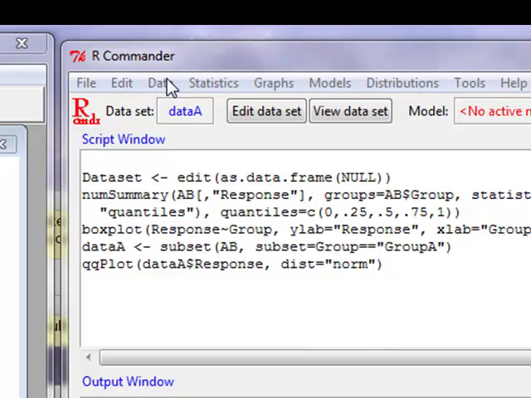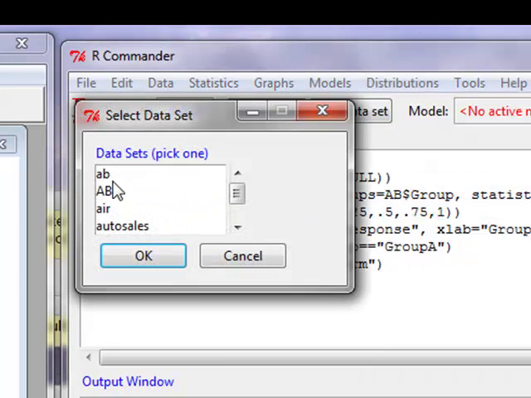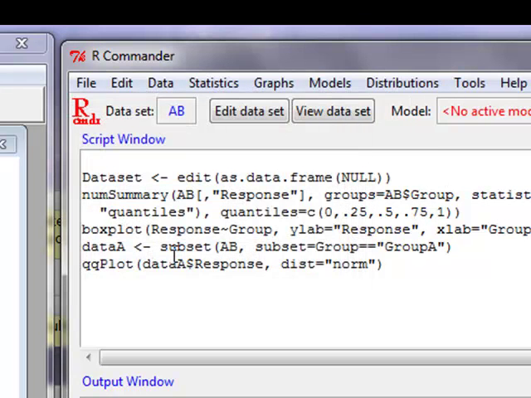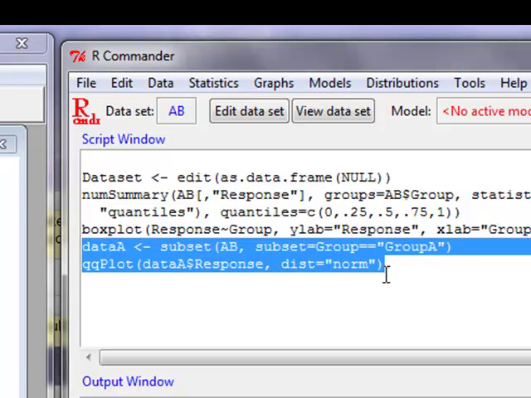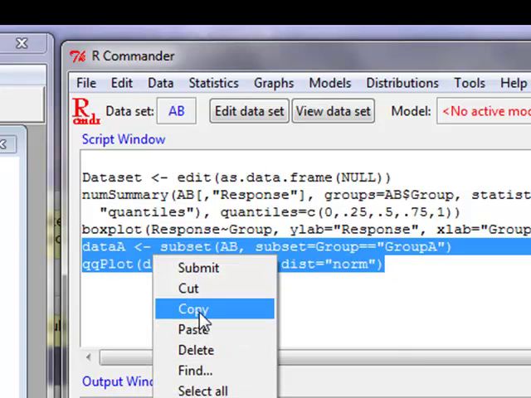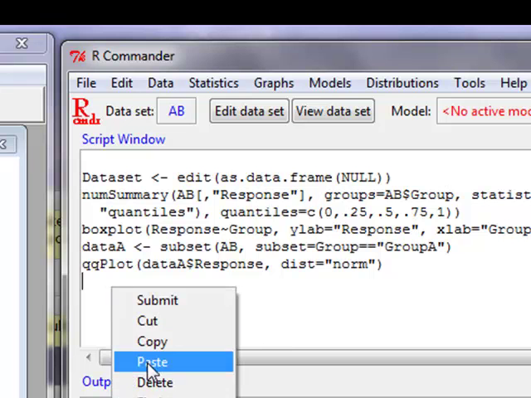And so to do that, you first of all have to go and select your original active data set again so that you can subset it. Another choice, and this is our Rcmdr trick that I'm going to show you, is that you can also use this script window to issue commands. So I'm going to copy the two lines that I got from subsetting the data and doing the quantile plot,